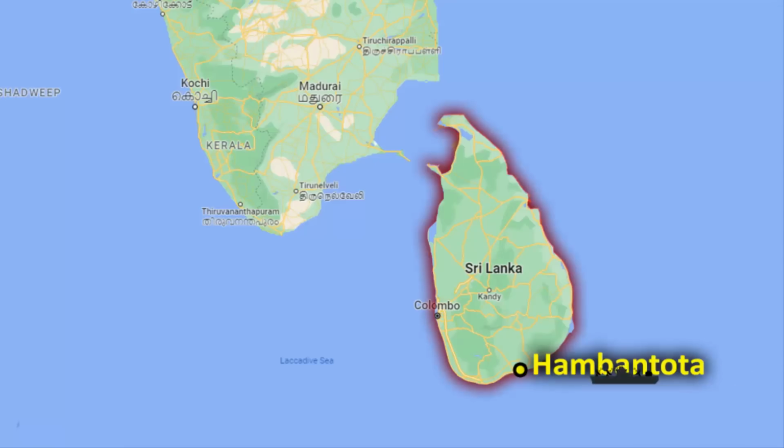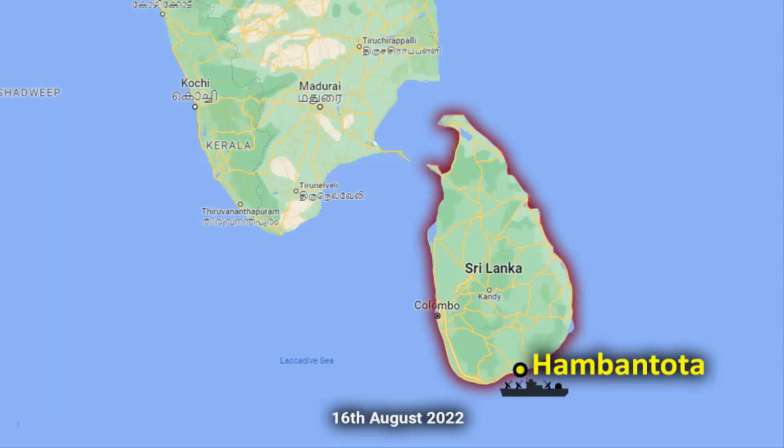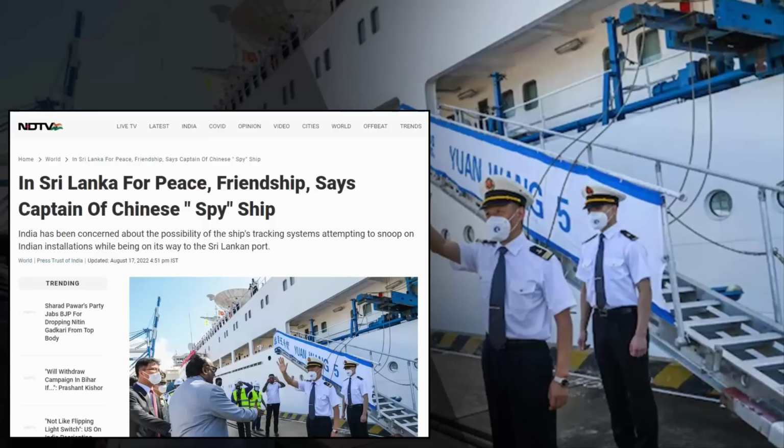Now let's come to the main question. Why was this Chinese tracking ship docked at the Sri Lankan southern seaport of Hambantota? The ship arrived on Tuesday, that is on 16th August, and it will be there till August 22nd. The present Sri Lankan government granted permission to the Chinese vessel on August 13th. When asked what was the purpose of the arrival, the captain of the ship said that they have arrived in Sri Lanka for peace and friendship, and the ship is to remain at Hambantota port for replenishment of